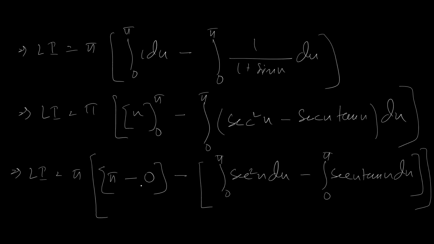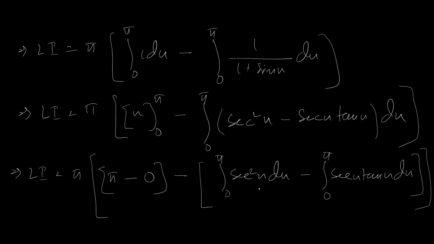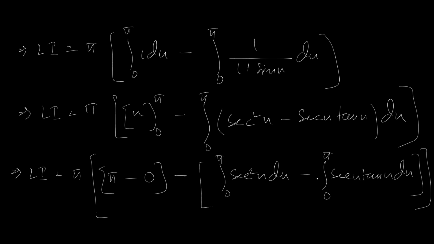So here twice I is equal to pi minus 0, minus bracket, integration of sec square x is tan x, tan x from 0 to pi, minus integration of sec x tan x,